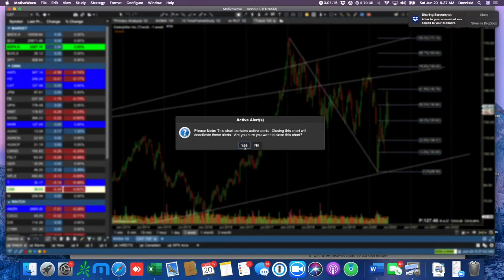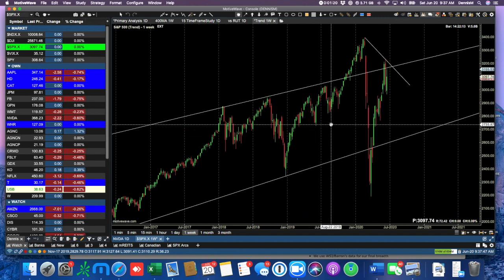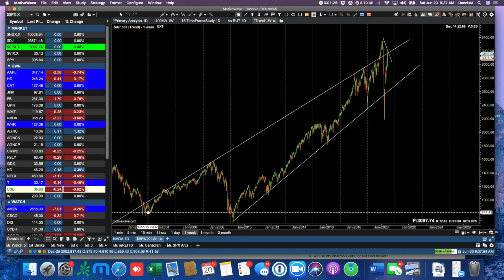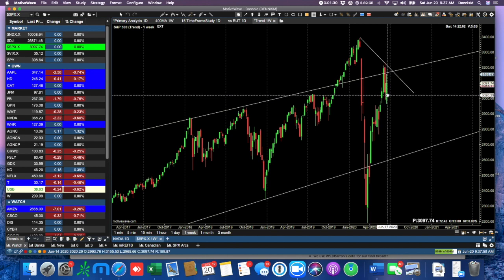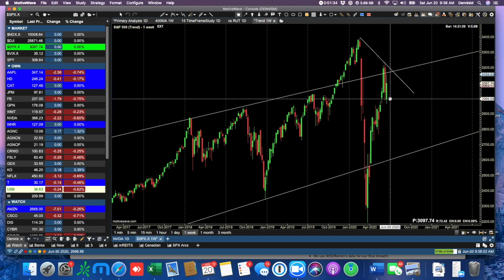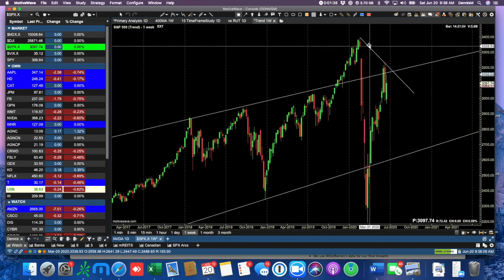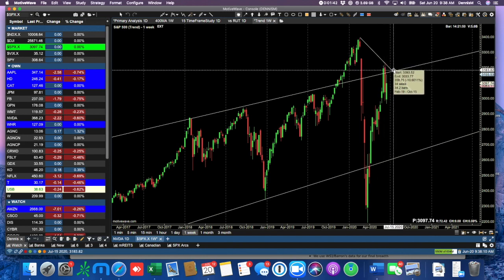Look at the S&P, and we're looking at a weekly chart. We're going to start seeing some possible W's in patterns as we go through some of our stocks. Let's look at this trend line. We're looking at a weekly chart. So first of all, on a weekly basis, the S&P closed higher than it opened, but lower than the previous 2 weeks. We got the start of another trend line here that might keep us down a little bit, but